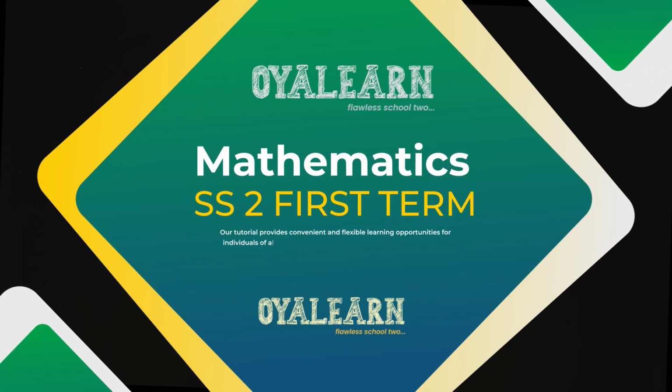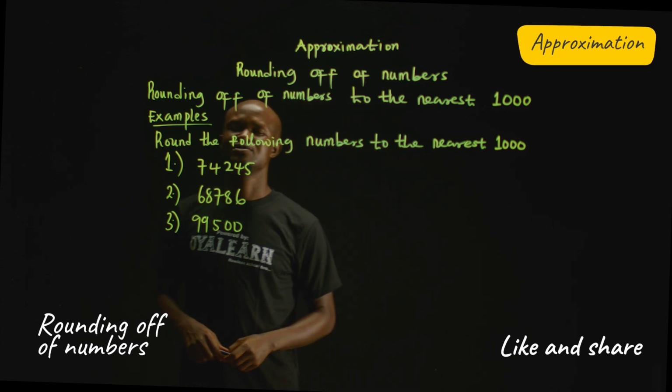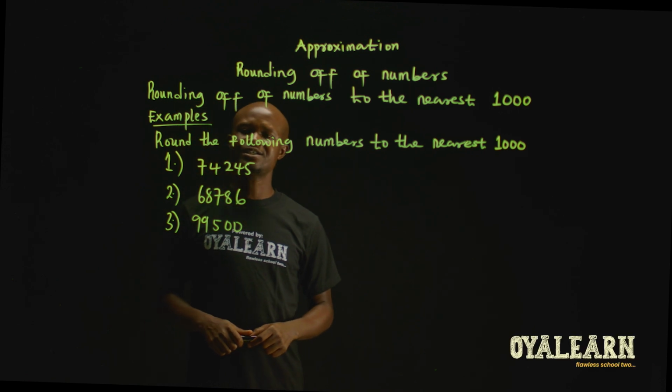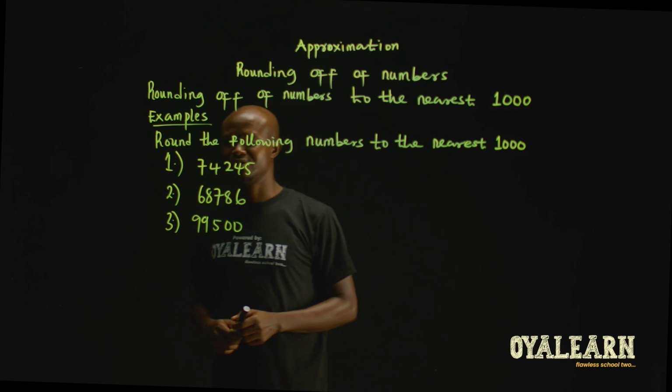Rounding off of numbers to the nearest 1000. Examples. Round the following numbers to the nearest 1000. The first number is